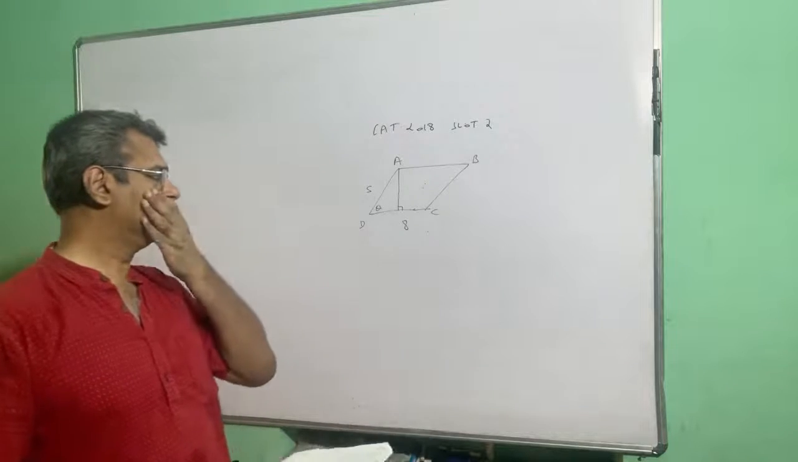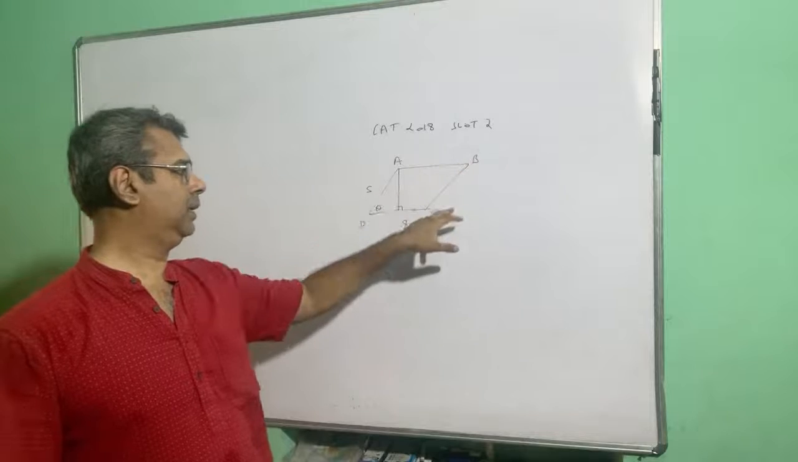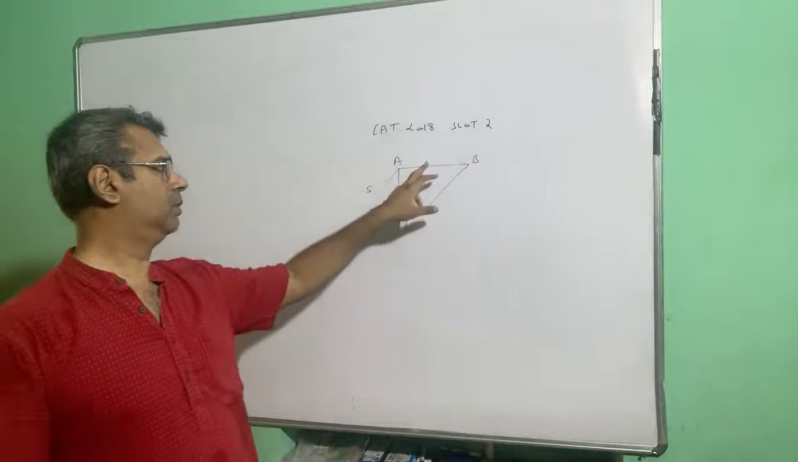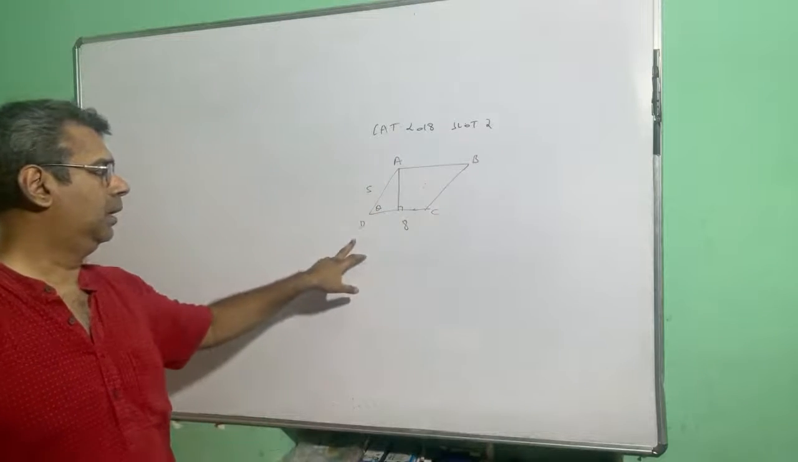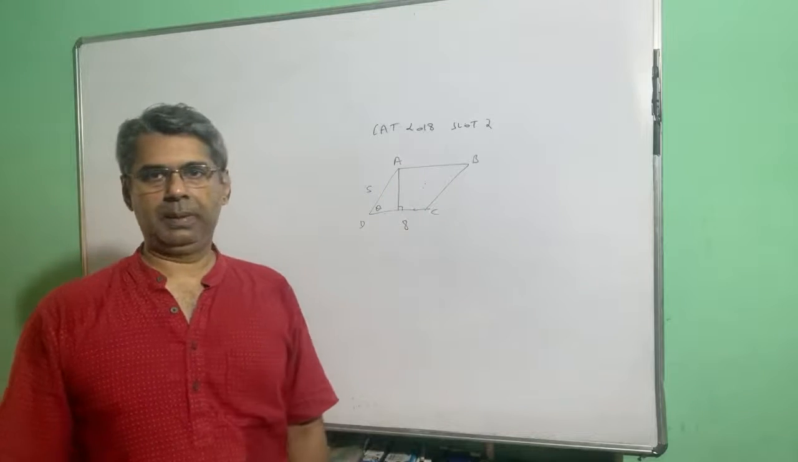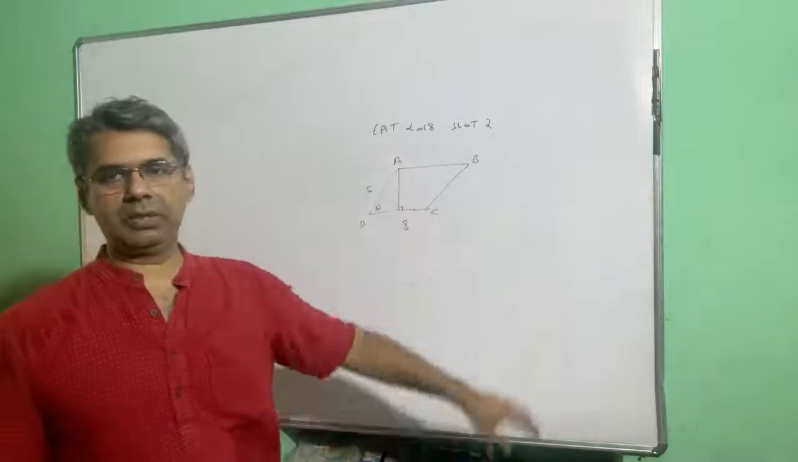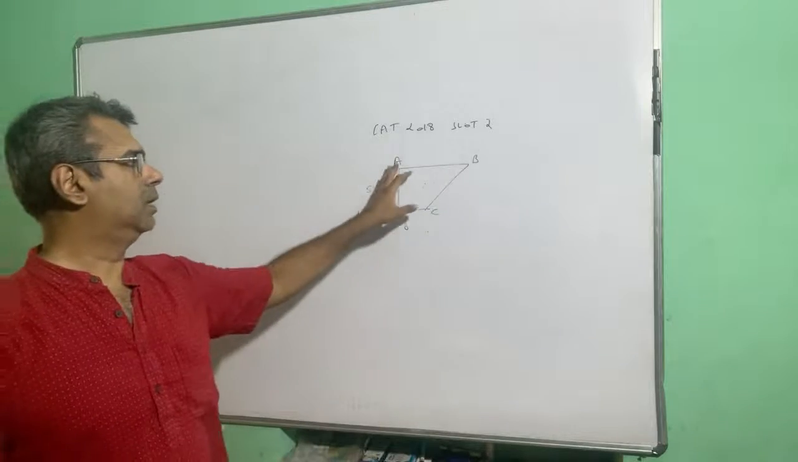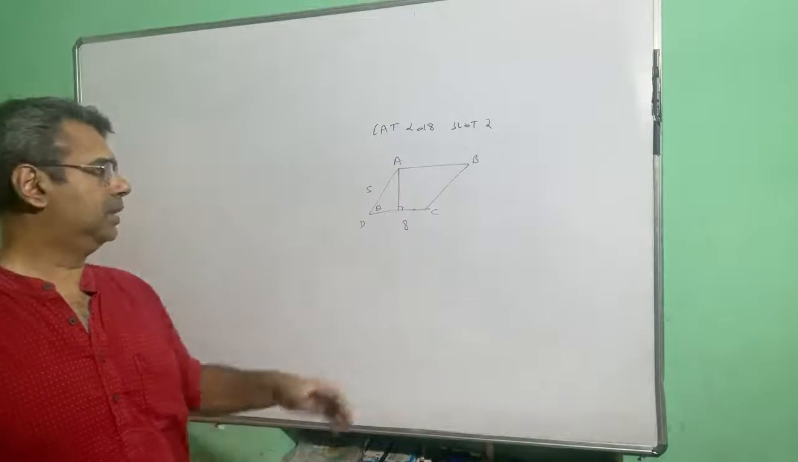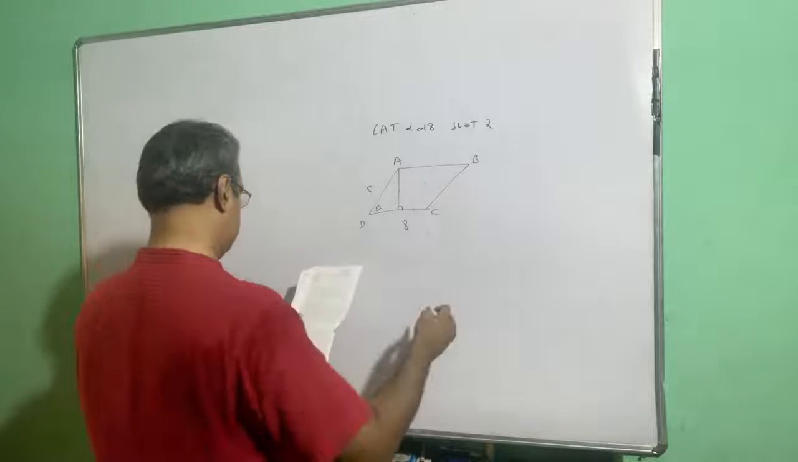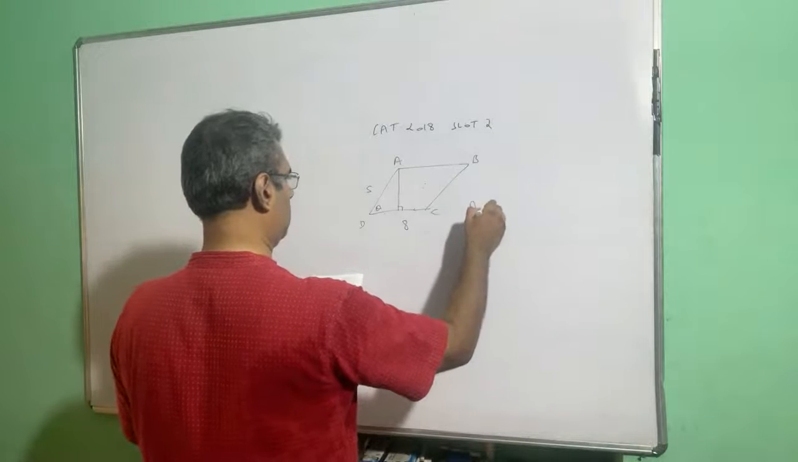So suppose you have a parallelogram ABCD, right? Suppose you have a parallelogram ABCD and the base of the parallelogram is given to be 8. So this was a question from CAT 2018 slot 2 paper. There is a parallelogram ABCD and the base CD is 8, and you have been told